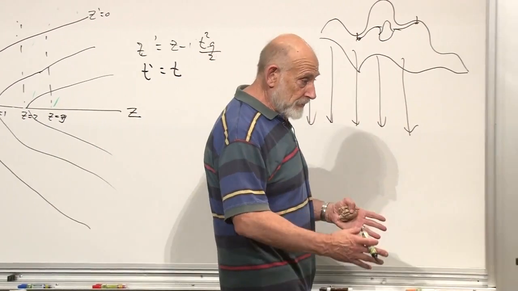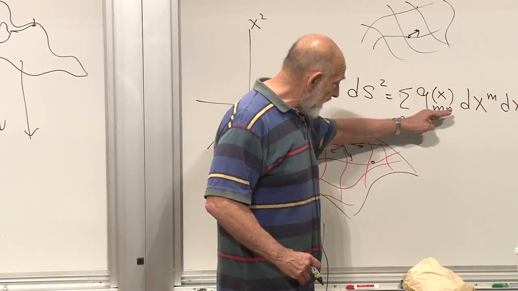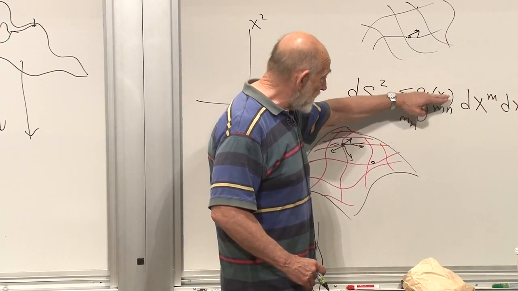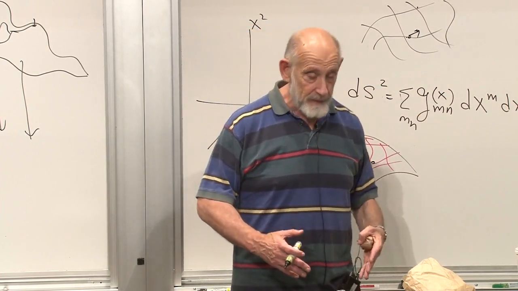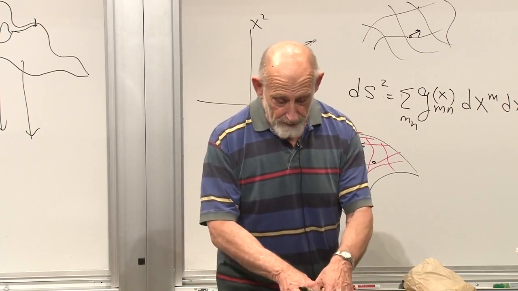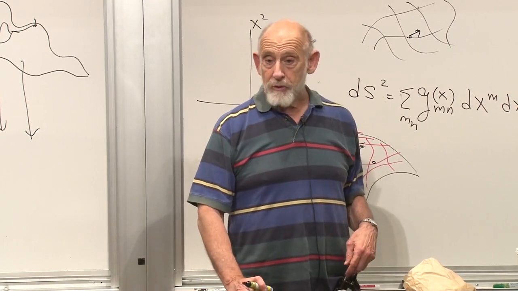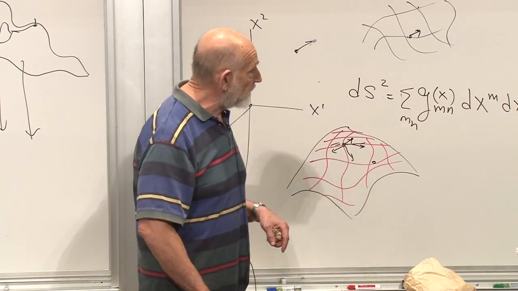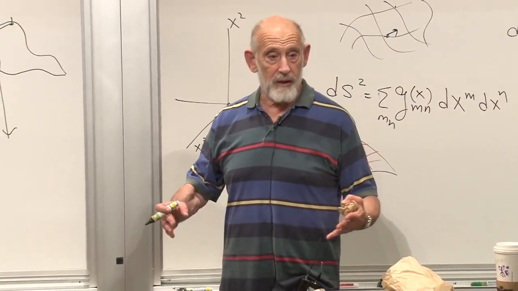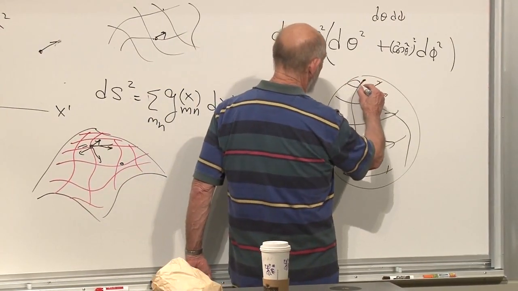But if the pieces are chosen in some particular way, in other words, the lengths of the pieces, which is equivalent to saying that the metric tensor, this is the metric tensor, has a particular property, it may be that those little differential elements can be laid out and flattened onto a flat plane. In that case, the geometry is said to be flat. We'll define it more carefully later. But it may also be that the pieces are chosen in a way that you can't lay them out onto a flat plane.